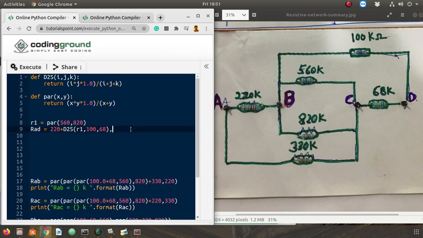So what I'm doing, I'll just say comma, I'll take 330 in the other branch, and then here I'll give 68 first and then 100 later, so that the ordering is correct, and this whole two branches are in parallel with each other. So this is what is our left side part of the circuit.